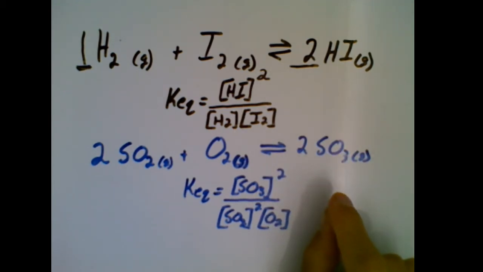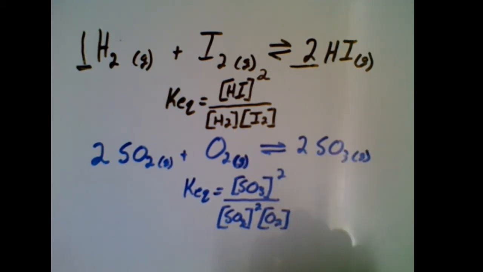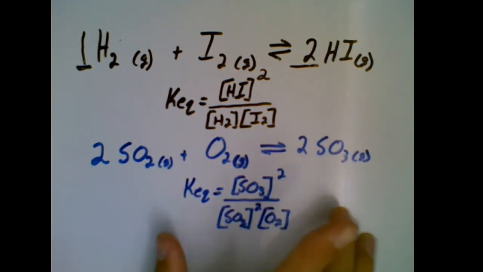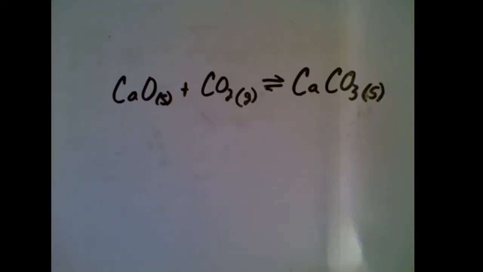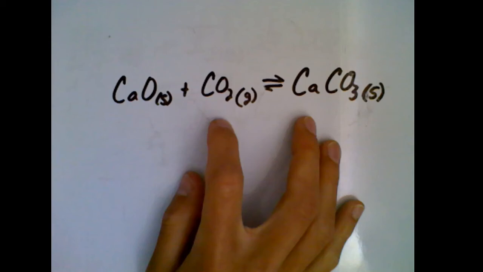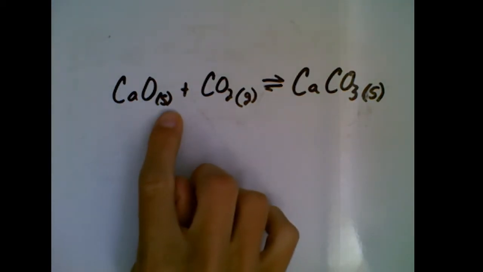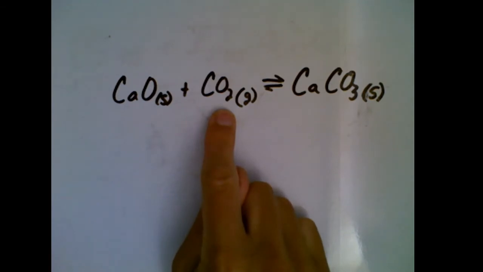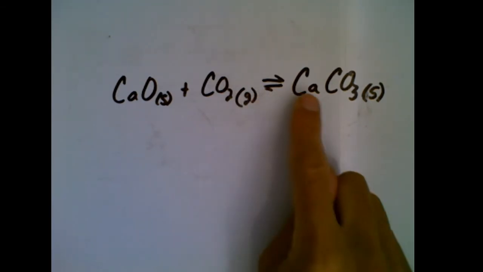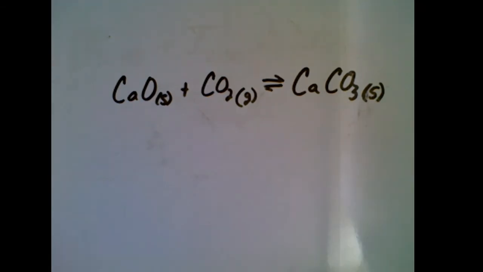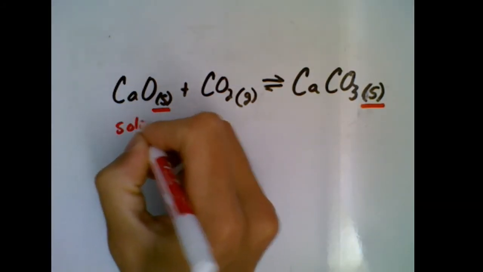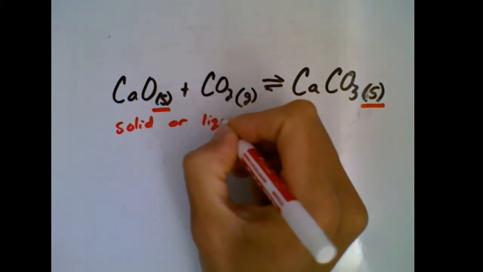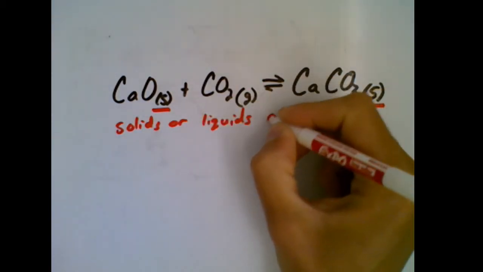But there's an important little side note that we need to make, and I think the best way to understand it is to wipe this clean and take a look at one more example of setting up a KEQ equation. So here I have my chemical equation set up. I have calcium oxide as a solid reacting with carbon dioxide as a gas in equilibrium with calcium carbonate as a solid. Now, whenever we have a solid or a liquid,